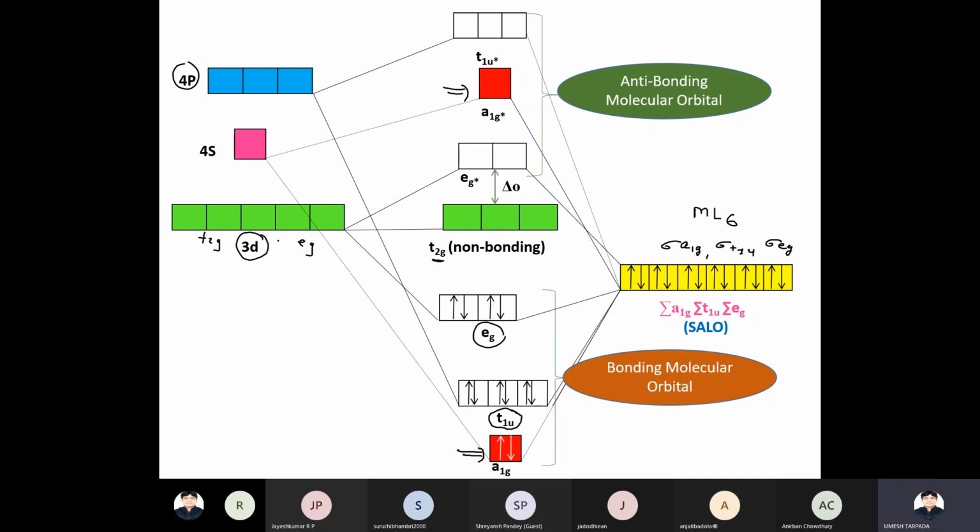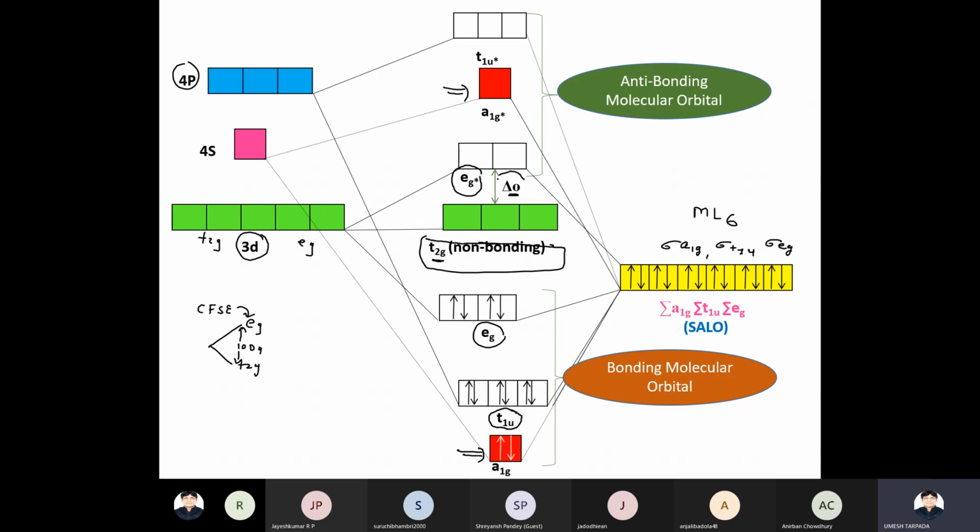Now see, earlier what happens? There is an energy difference between EG and T2G in a normal octahedral case, but now once it is involved in sigma bonding, then the energy difference between the T2G orbital, that is non-bonding, and anti-bonding EG star is octahedral. And see, earlier you have only explained this energy difference between these two as 10 Dq, and that is from crystal field splitting theory. Okay, but the difference between T2G and EG star is also here 10 Dq, so that is explained by molecular orbital